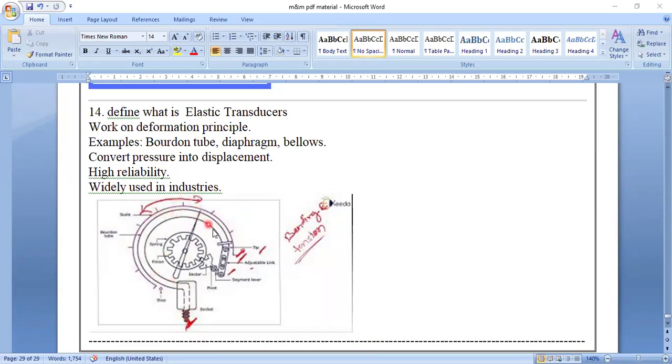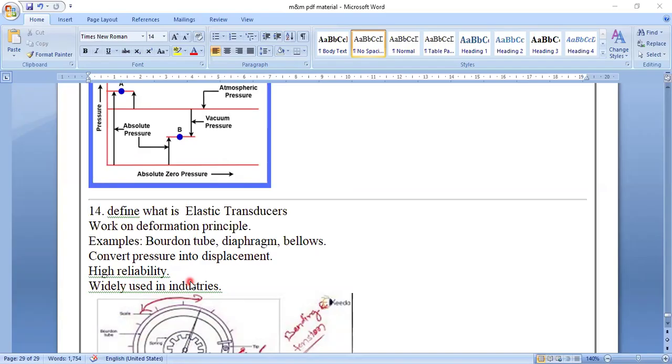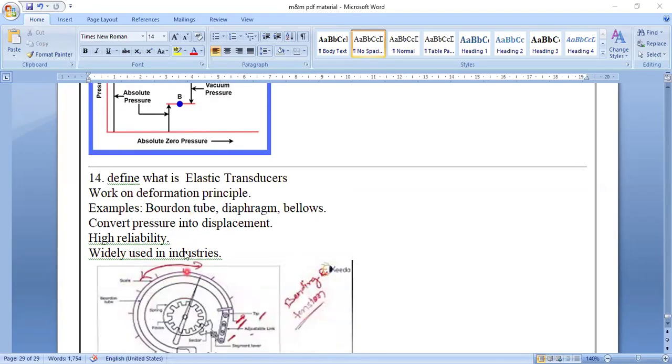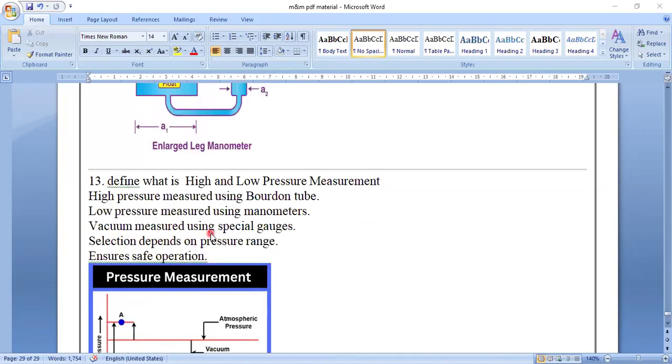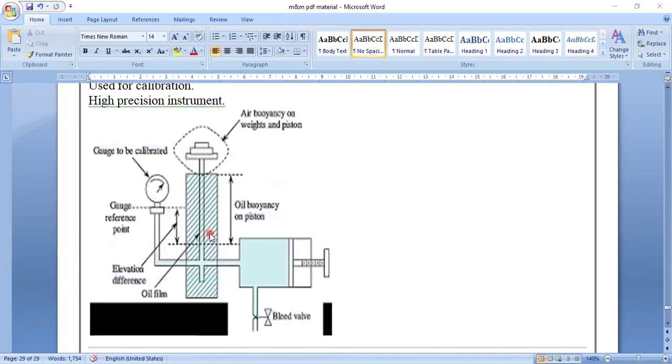So this tube is filled with air. This air will make the dial rotate, and the dial points here on the scale. The tube can bend, contract or expand; the elastic transducer does both, and the readings are noted here. This is a Bourdon tube. Some diaphragm is used, and some bellows are used here. Highly reliable, they are widely used in industries. So I have covered 14 questions: basic knowledge, elastic transducers, pressure measurement, manometers, and dead weight